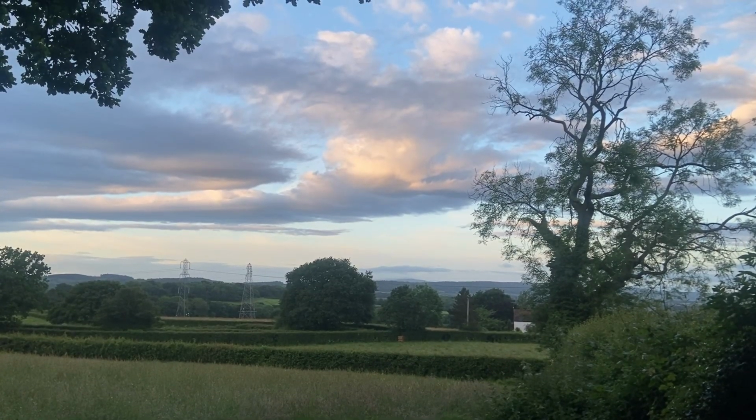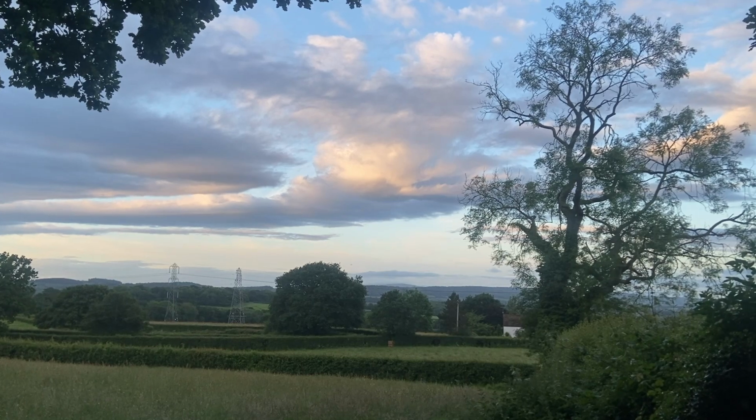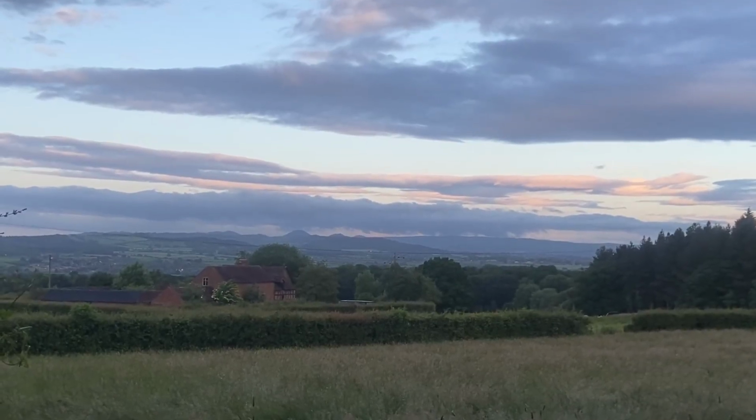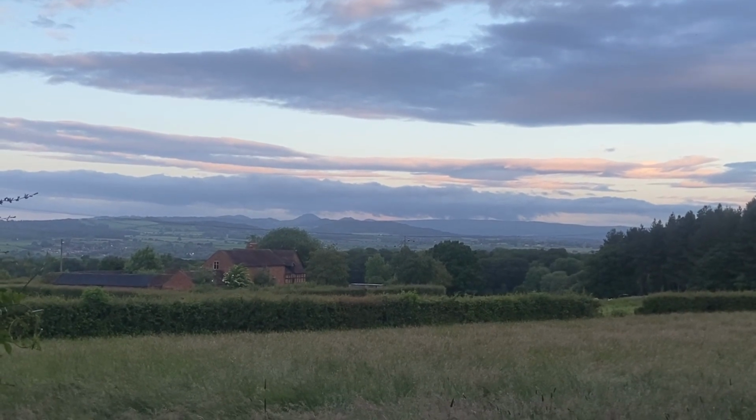Good morning, and what a beautiful morning it is. Pinkish skies, pale blue, long distance views, camped underneath a beautiful oak tree, and I can see into the distance Brown Clee Hill, Caer Caradoc and the Long Mynd, and of course we're camped just underneath the Wrekin, which,